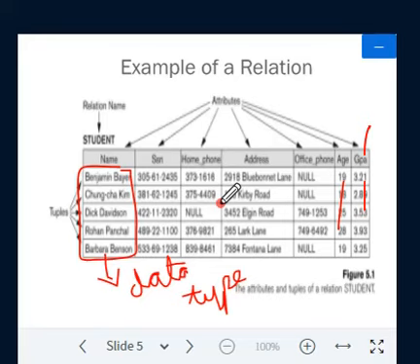It will be one format: college code, followed by year of joining, year of admission, then department, BE is the program, CS is the department, then the number. Some format is defined. So the domain will have a format and a set of atomic values. Remember that.